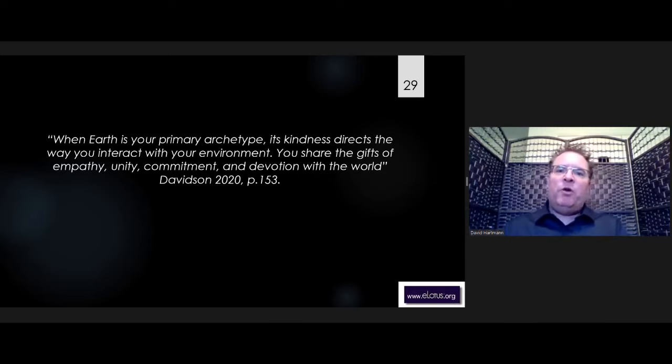When Earth is your primary archetype, its kindness directs the way you interact with your environment. You share the gifts of empathy, unity, commitment, and devotion with the world. So in terms of that term, the empath, there's more Earth archetypes that would be an empath than any of the other archetypes. Other archetypes can be empaths, and other